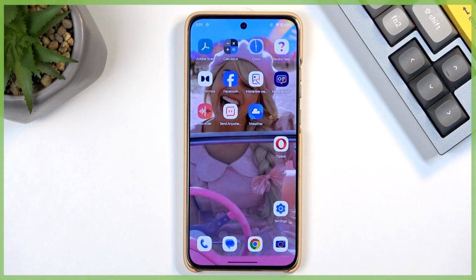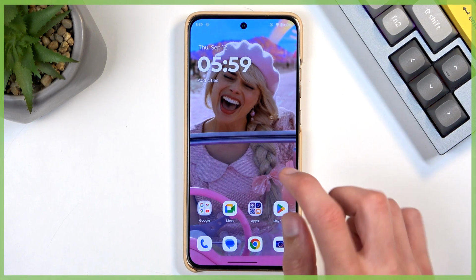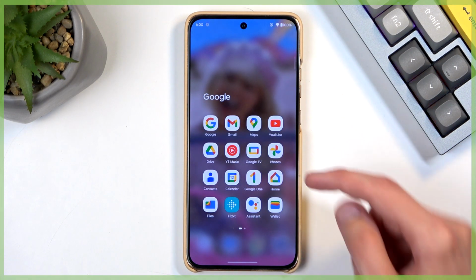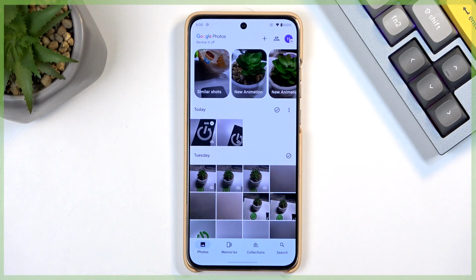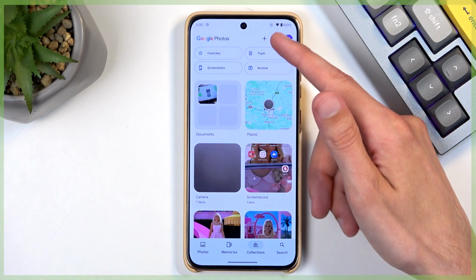So once you press on the red square, this will automatically save your screen recording to your photos or gallery application, whatever we have right here. It looks like we have photos. And you can navigate to collections, and in collections you will find,